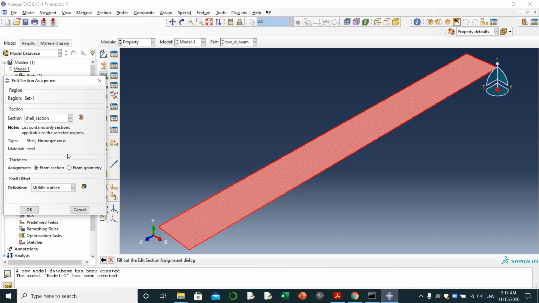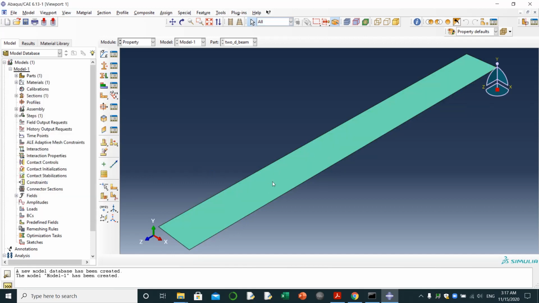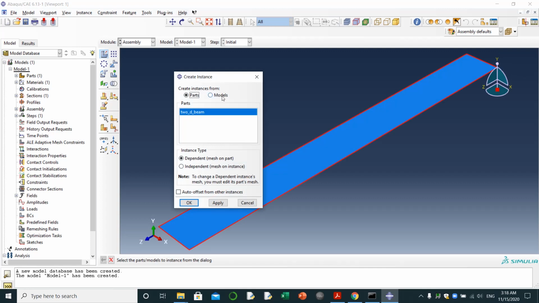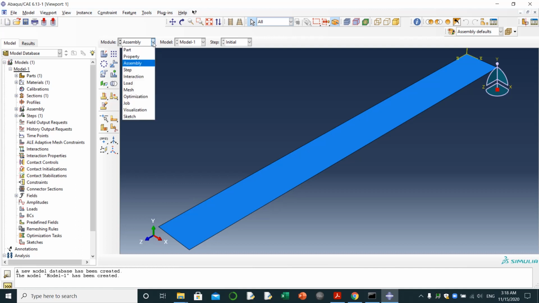Or in other words, I can say that all things will be focused on the middle of the surface. That one will be better. Okay. Now it has been turned into a having material section. Then we will go to Assembly. We click on Create Instance, parts. We make it independent. Okay. Then we will go to Step